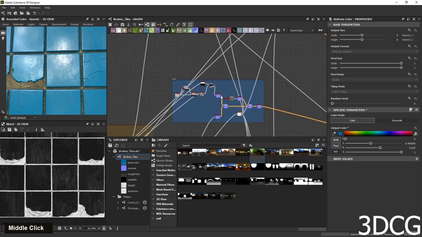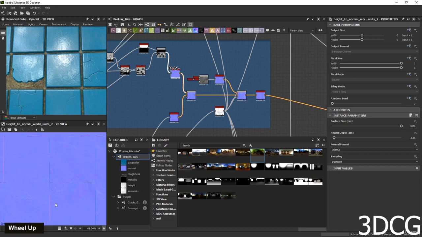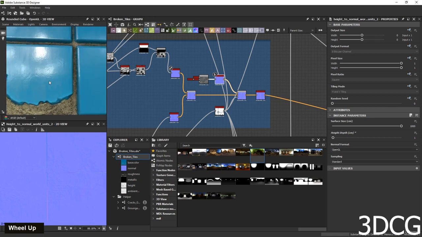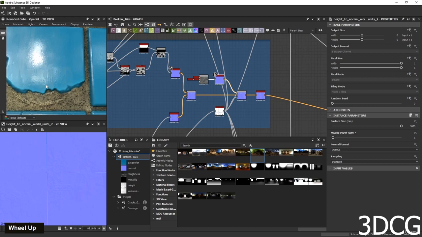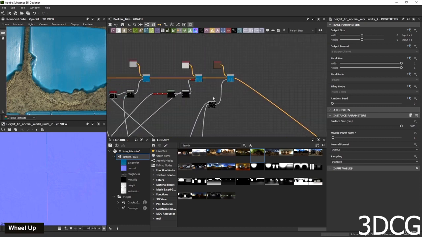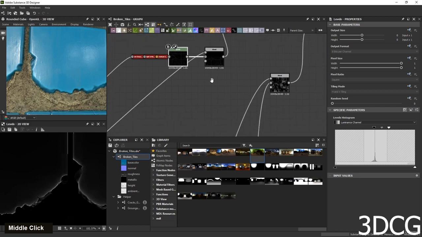Not that much surface, so go here and drop the normal for this one, and also for this surface to 1 only. All right, that's good. And for these parts, the damaged tile, we need to add another color. So